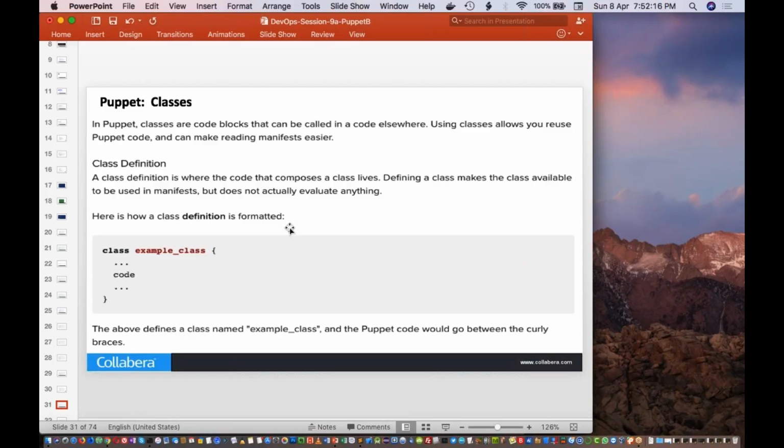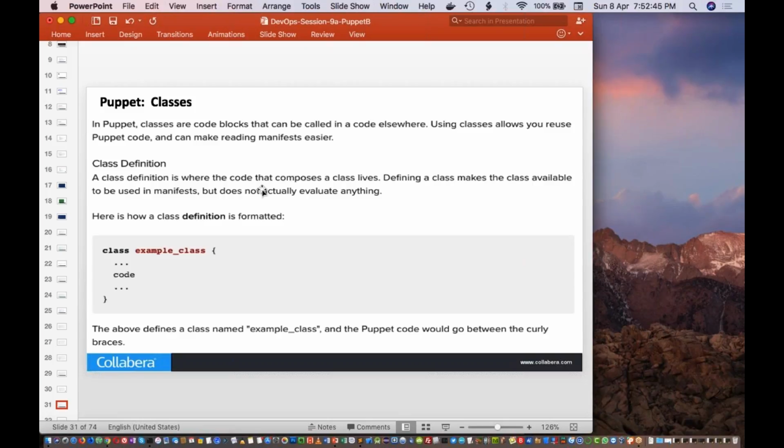So when you write this resource file or manifest file, it will be like writing a Ruby file. But using Puppet, it will be more flexible. If you use Puppet DSL, then it will be more flexible. That is the only thing. You'll be able to write your commands in Ruby language directly as well. That's up to you. Okay, now we are coming to classes.